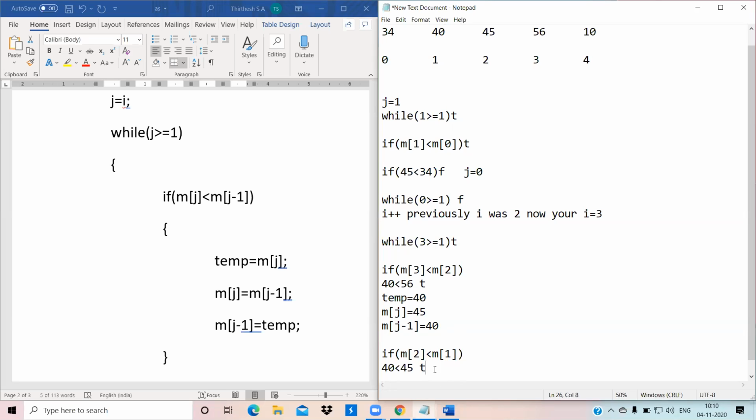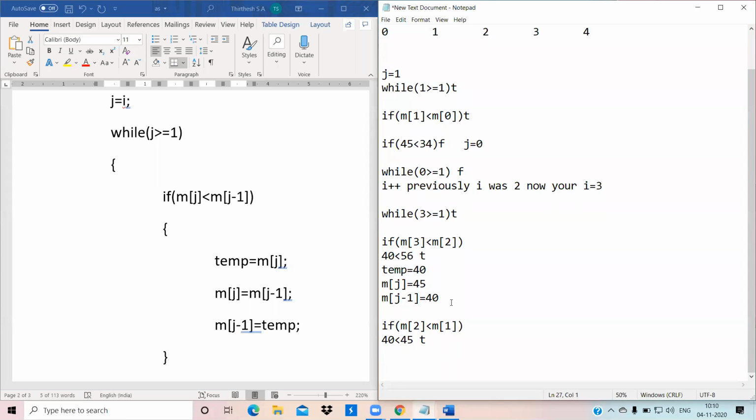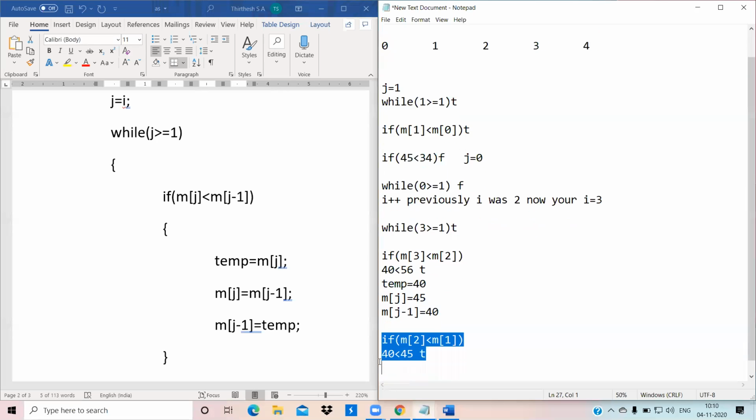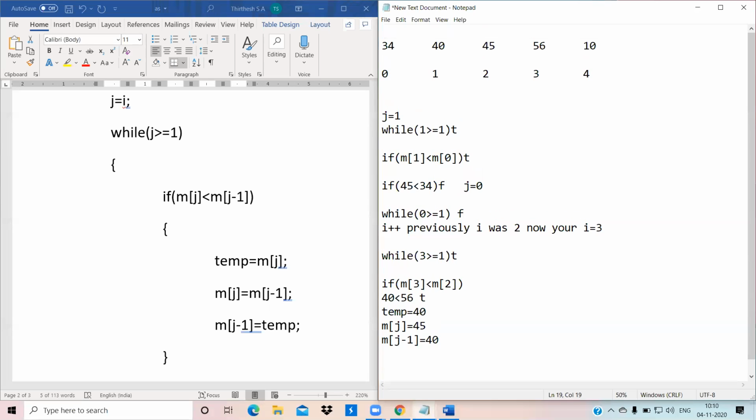Again it is true. Now again what do we do here? Your j increment happens, okay sorry, j decrements. j previously was 2, now j becomes 1. Okay, 1 greater than or equals to 1, it is true.